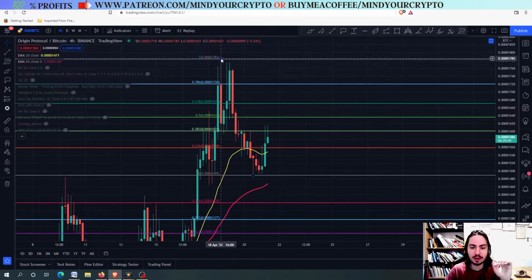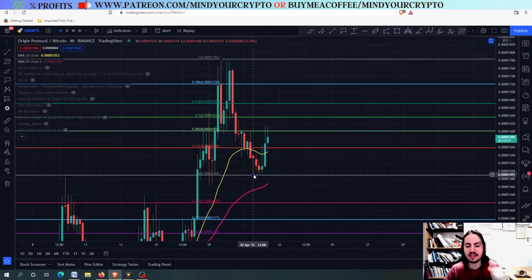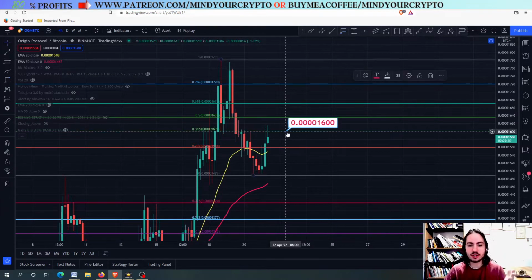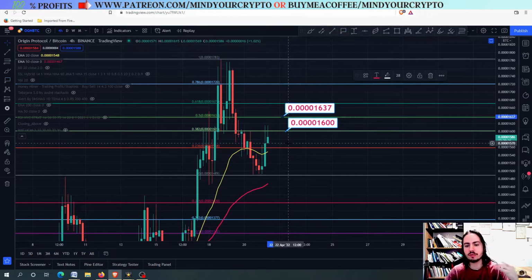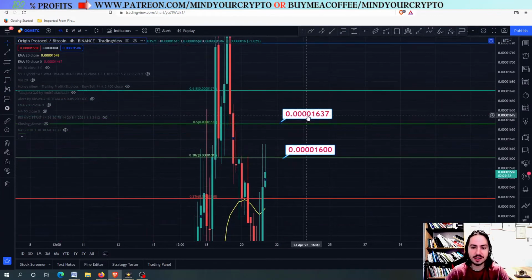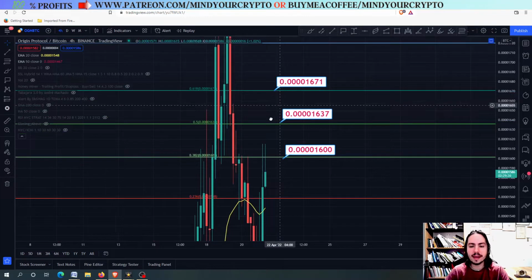You can see the price target right here was close to the bottom right there. Want to see for the short term, that's why I'm using it. So we are having the 0.382, 0.416, right? And we have the 0.41637. We need to close above to make it to the next price target, and then we need to close above the 0.5 to make it to the